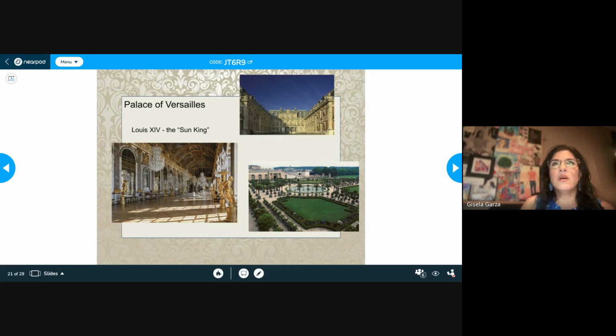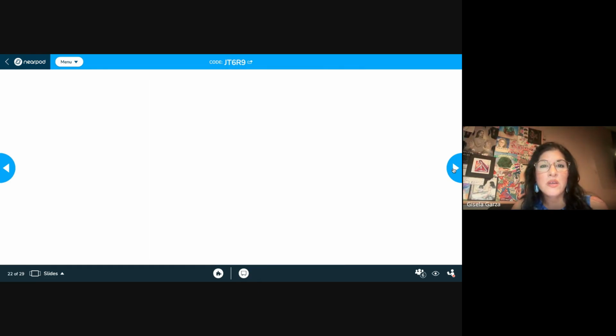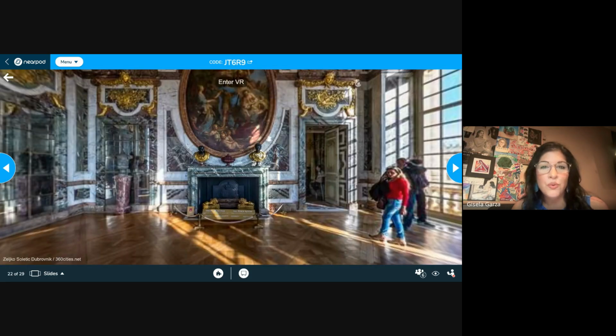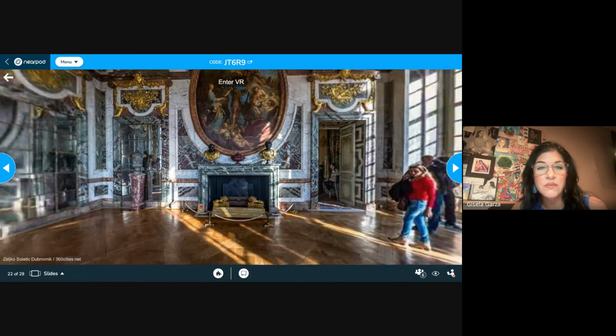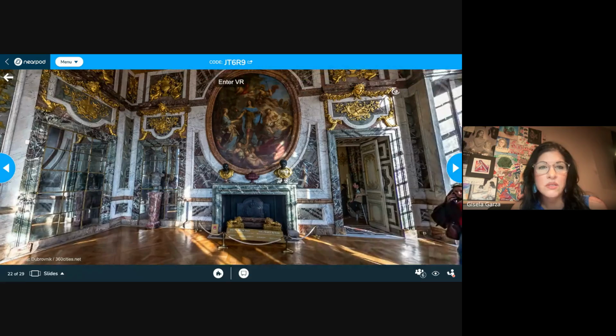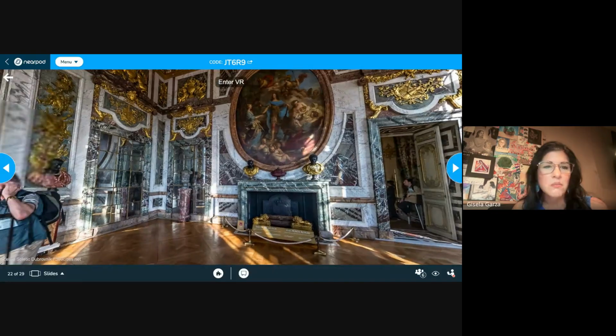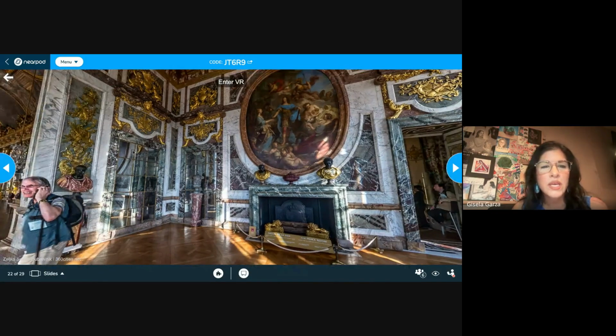So again, we described how the gardens were elaborate, how there was gold leaf everywhere as well. I want to show you inside of the Palace of Versailles. This is a VR here. This is gold leaf right here. Just absolutely amazing. Marble, gold leaf,